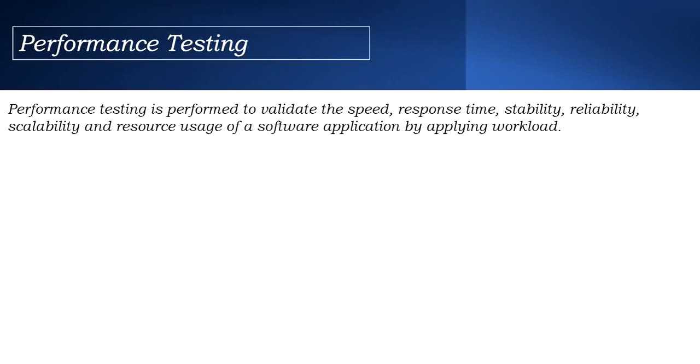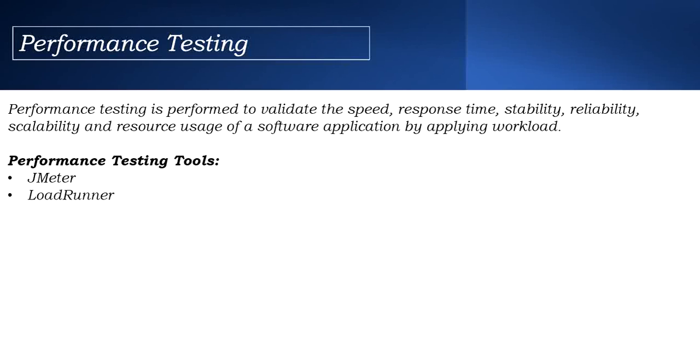We will also see what tools we use to do performance testing. As I told you, it is basically to identify the bottlenecks and also to measure the stability under peak traffic.